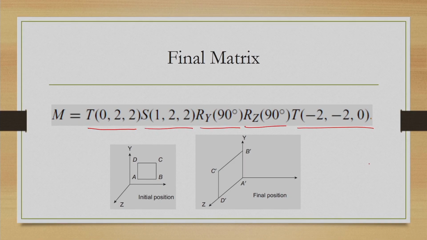So, if we multiply, we will get the new composite transformation matrix, and after we get this matrix, just to recap the procedure, what we need to do? We need to multiply each vertex with this composite transformation matrix. So, if a vertex is represented by column vector p and this composite transformation matrix is M, then we perform this M dot p for each vertex to get the new vertex position in homogeneous coordinate.